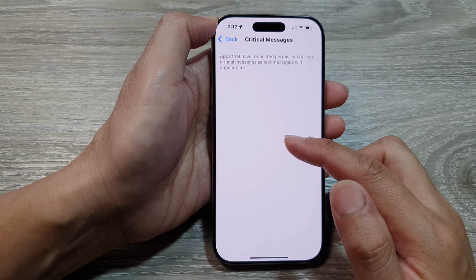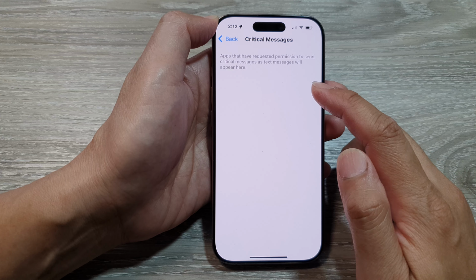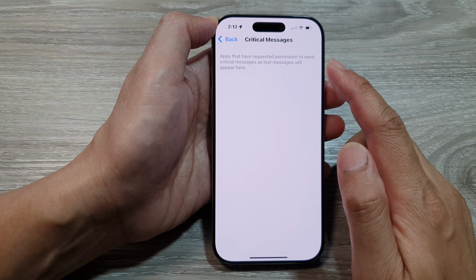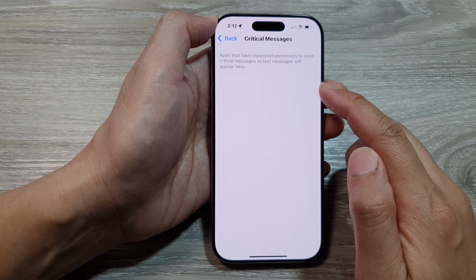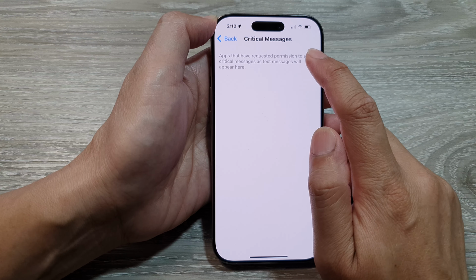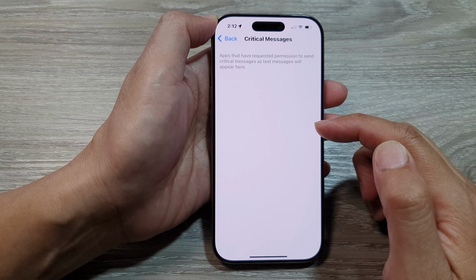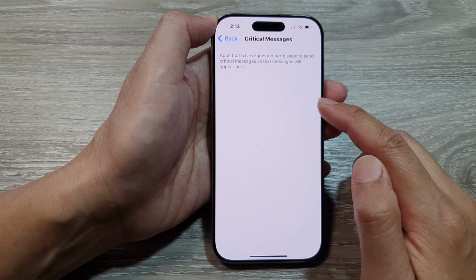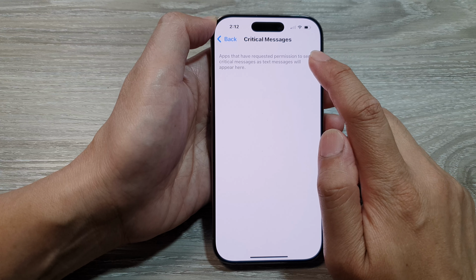Now, because my list is empty, I cannot turn on or turn off any of the apps that have permission to critical messages. If previously there are any apps that request access to these features, it will appear in the list here. And from the list, you can then choose to grant or deny permission to have access to critical